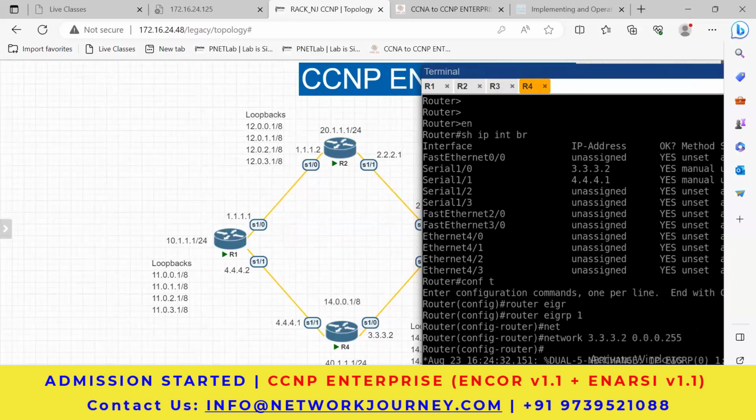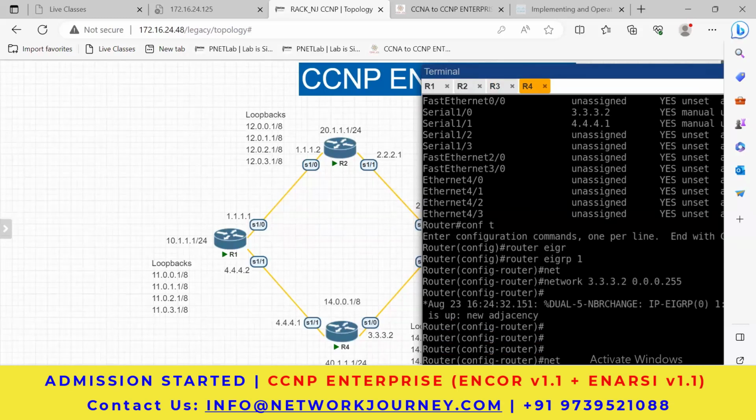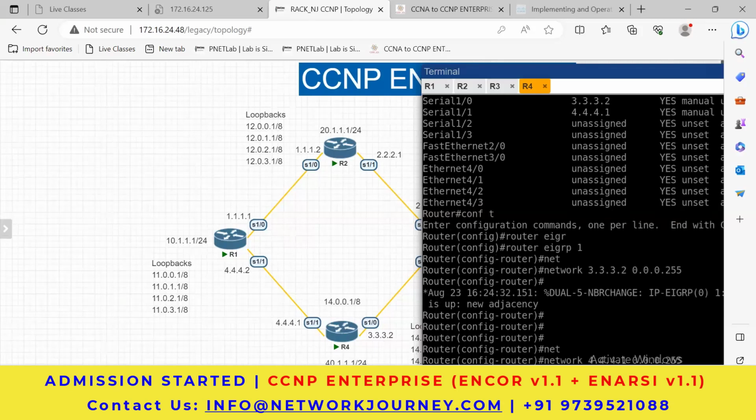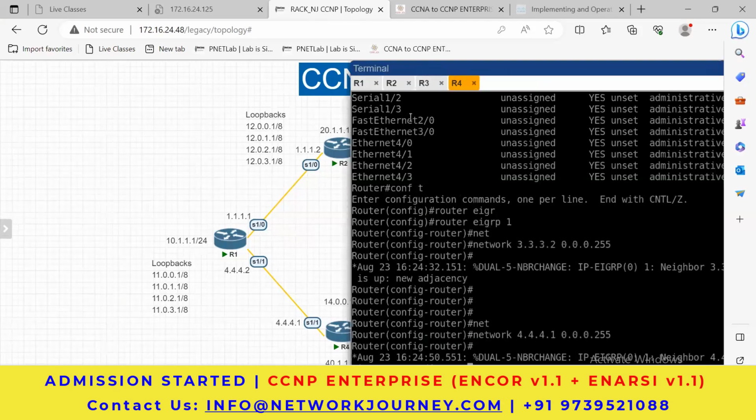Okay. Adjacency established. Network 4.4.4.1 0.0.0.255. There you go. We've established neighborship